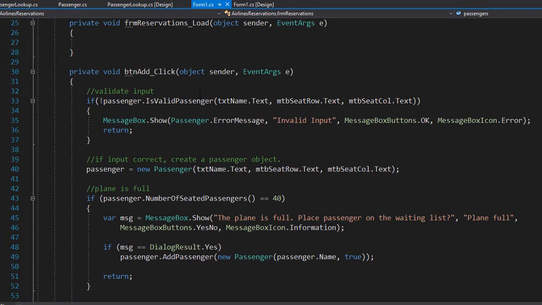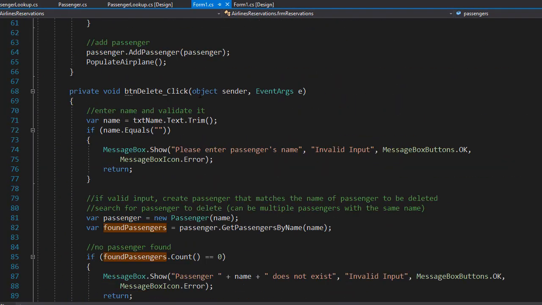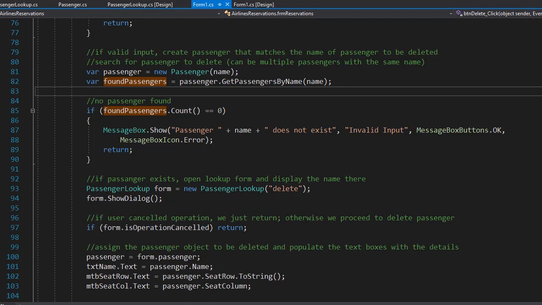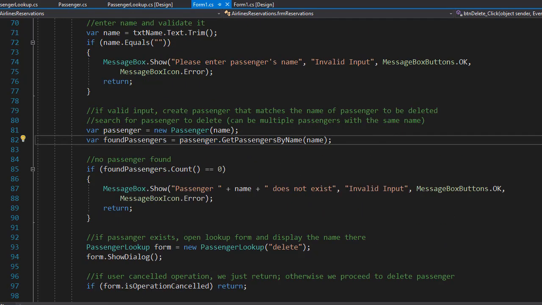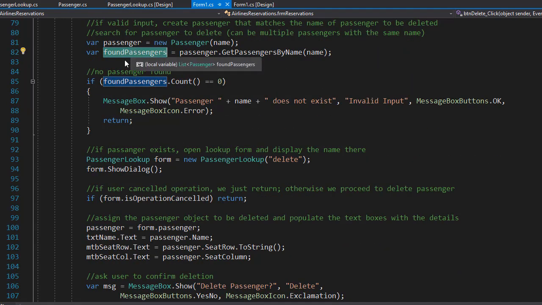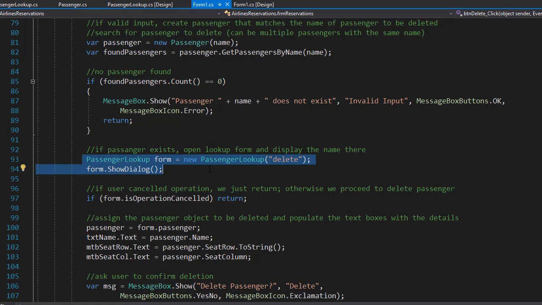So in our form, in the delete method, you can see we have the found passengers that finds the passengers by name. And I can see already what's going on. This is a list of all passengers, and then we open it in our form. And when we look in our form,